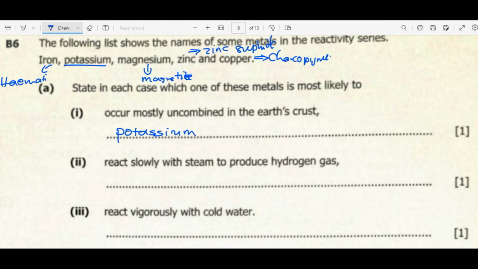Then for number 2, react slowly with steam to produce hydrogen gas. So the metal that can do this is magnesium. Number 3, react vigorously with cold water is potassium, because potassium in this list is the most reactive one. Right, we move on to